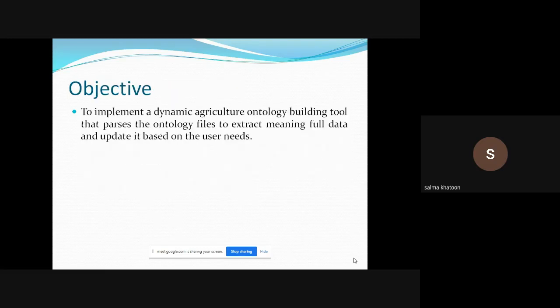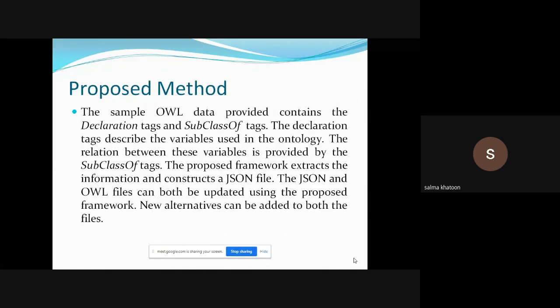Objective, as I have already discussed, our idea is to provide an interface which will take an OWL file as input and generate a JSON format file, and also whenever a new data key variable arrives, it will update our ontology automatically. Our proposed method, I'm not saying that there are no tools available which can convert an OWL file